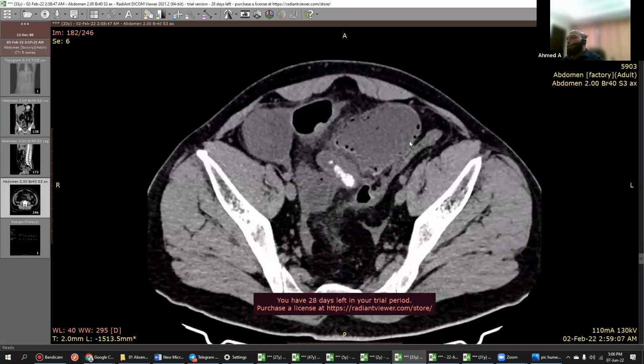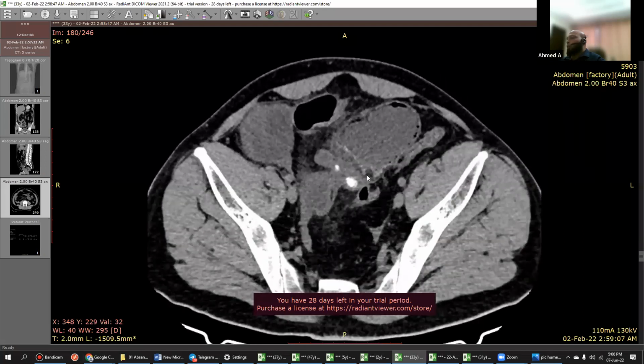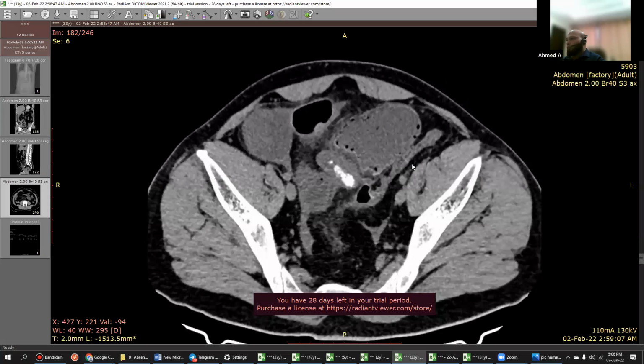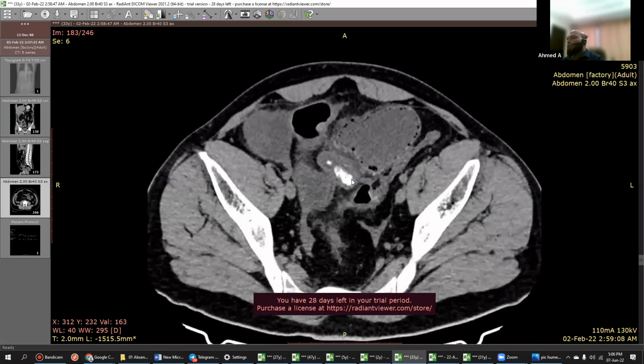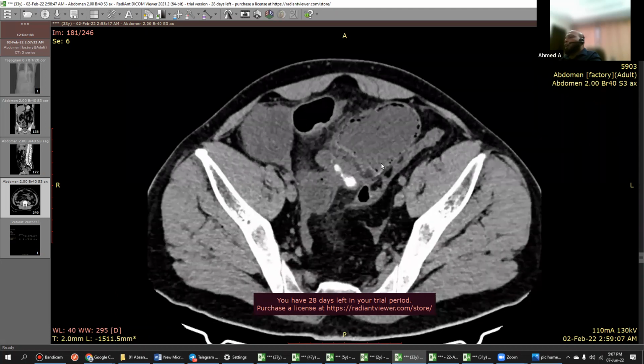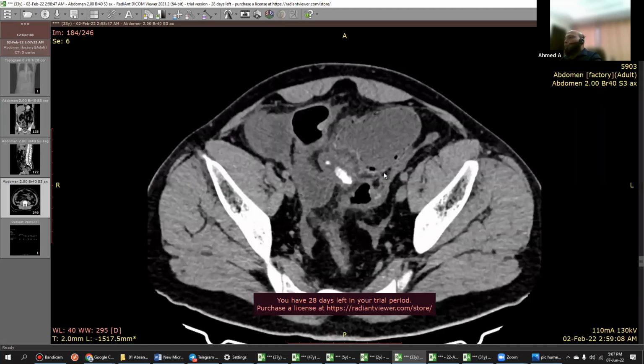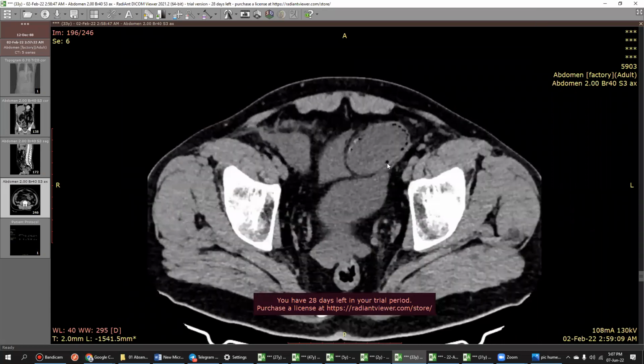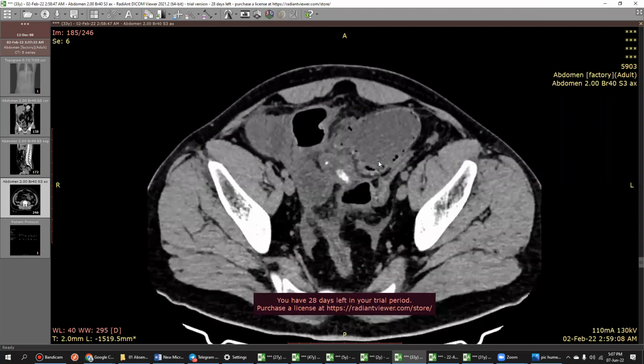And how will you know? What is the Ladd procedure? Do you know the Ladd procedure? In that, they will do appendicectomy. In this case, appendicectomy has not been done. For example, at a bit higher level, I would have said that this is just a malrotation and the patient has come post-operative. But in a post-operative case of Ladd, you will not find the appendix. Understood? So this is a non-rotation, not a post-operative case of malrotation. The patient never knew of it. The Ladd procedure is done in malrotation, I believe. Exactly.